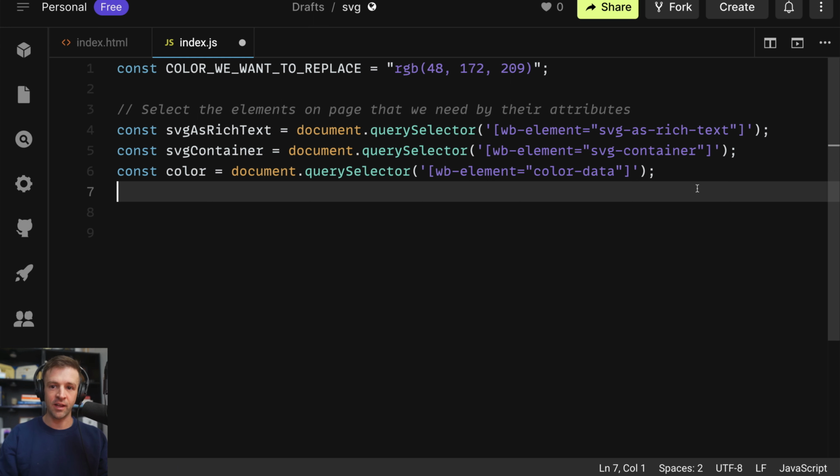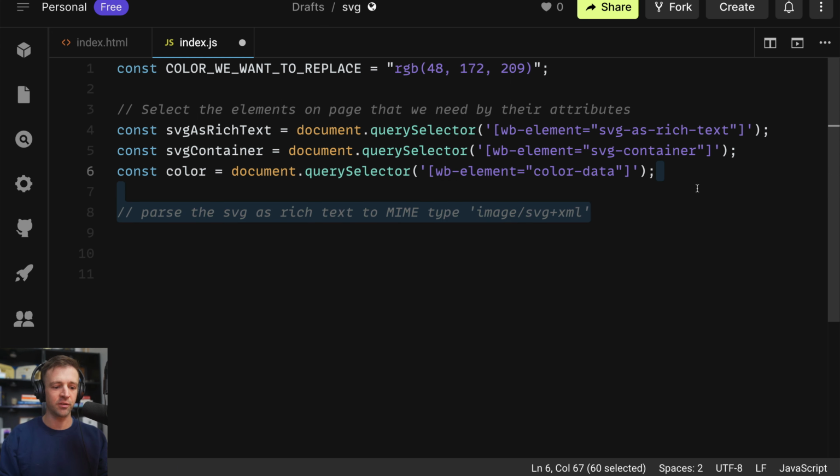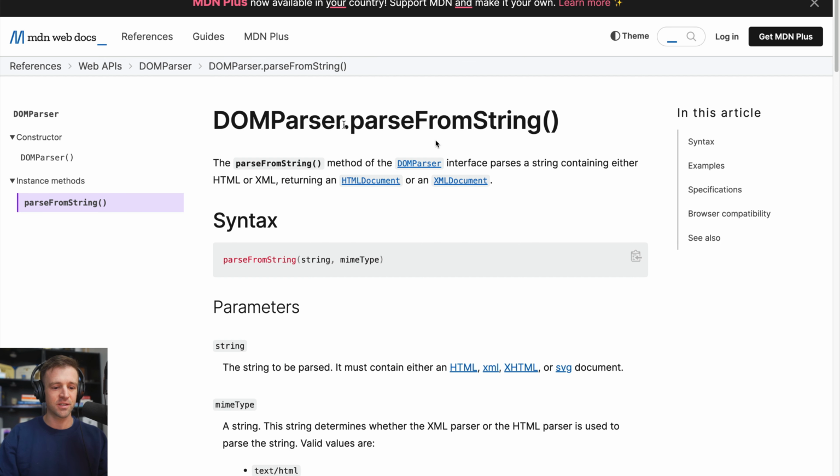Okay, so we've selected the elements that we need. Now we're ready to perform some logic. The very first thing we want to do is parse the SVG as rich text to a MIME type of image/SVG plus XML. How do I know how to do this? Well, turns out in the docs, there's this thing called DOMParser, or the DOMParser API that all browsers are able